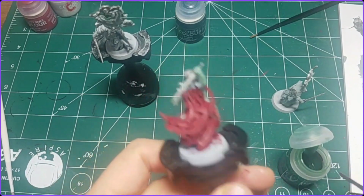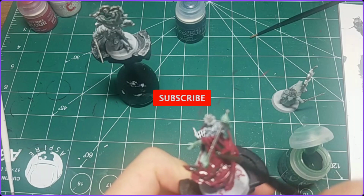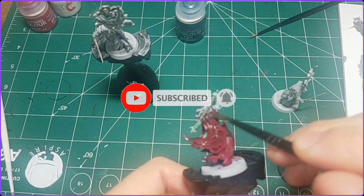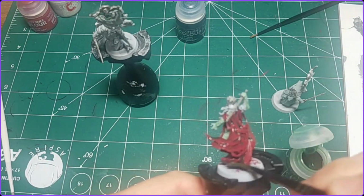Use Belt shade. I'm going to ignore it. And there we have the Beltan covered all over the face, as you can see. Now, on the website it says to use Nuln Oil over the Corax red, so that's over your clothing. I've ignored that. I'm just going to use Beltan